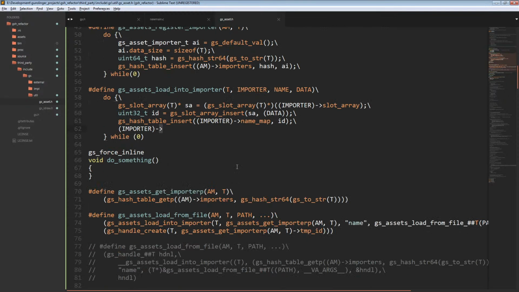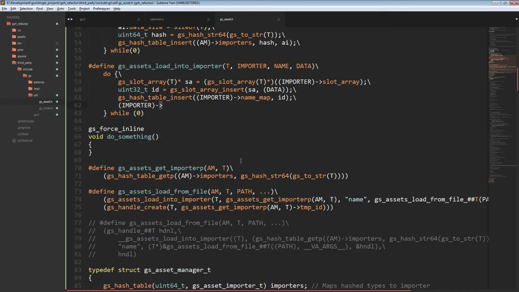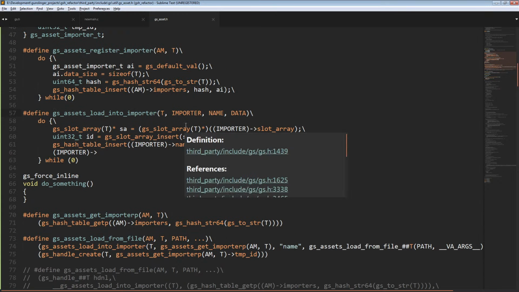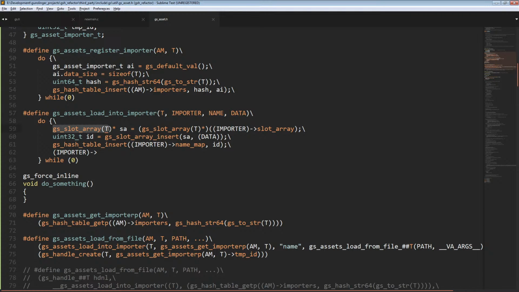This is a do while. Fuck, this isn't gonna work. Shit. Well, this is not gonna work. You can't have do whiles in here. I'm gonna have to make this a function somehow. Ooh, I don't know if this is possible now. Fun. I need to make this a function. The only problem is that I'm gonna have to